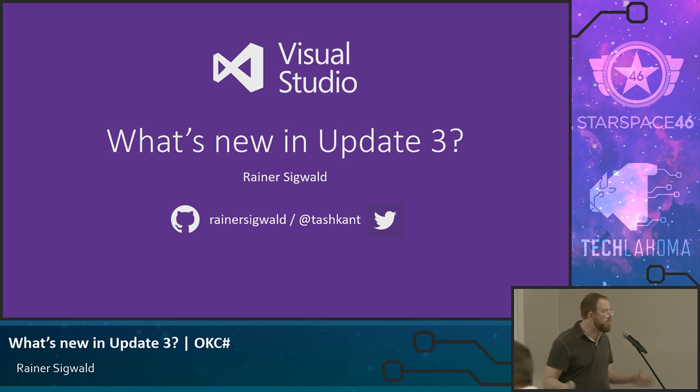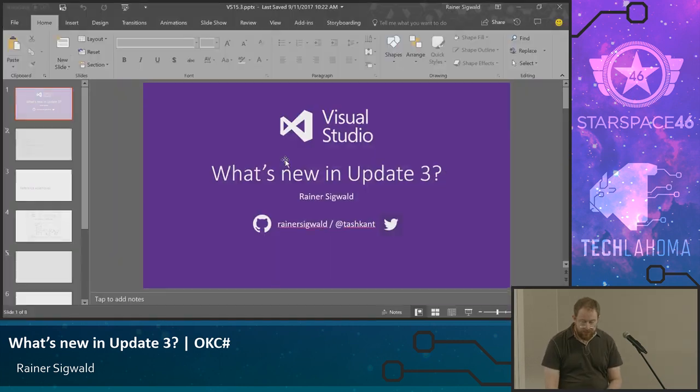There's a lot of people, they've been working on a lot of stuff. There's a lot of improvements in C++, in cross-platform native code development. But since this is the C# group, I'm going to focus on some of those things. And then toward the end, I'm going to go into a deep dive on a new feature that's available more or less at the beta level in 15.3. So I'd like you all to pound on it and get it ready for everybody else to use once we're ready there. All right, so